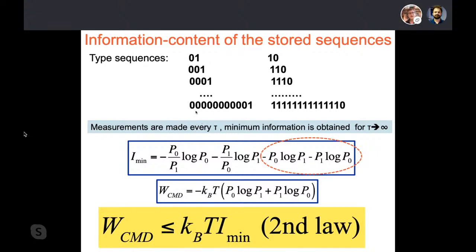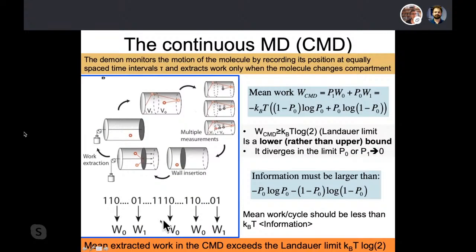because the Landauer limit tells you that there is a maximum amount of work that you can extract, which is given by the information that you stored. And the information that you stored has to be erased, and therefore it needs some heat to be erased. And this energy cost of the erasure of this stored information is what restores the second law. Now, if you are writing sequences that are not just 1-bit sequences but longer, you will need to erase more bits.